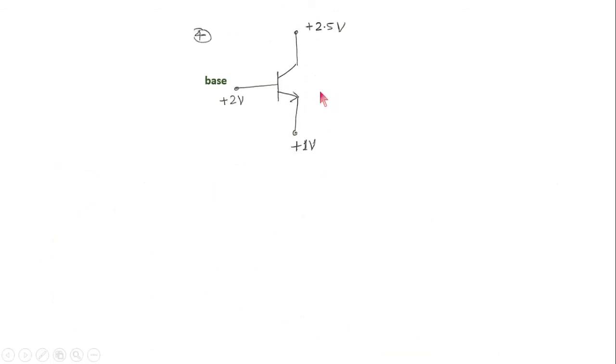Now they come to the next problem, that is the last one. Here the emitter terminal is represented by the arrow direction. So this is the emitter. Now the opposite one is the collector, and the direction of flow of current is from collector to emitter. So this transistor is NPN.